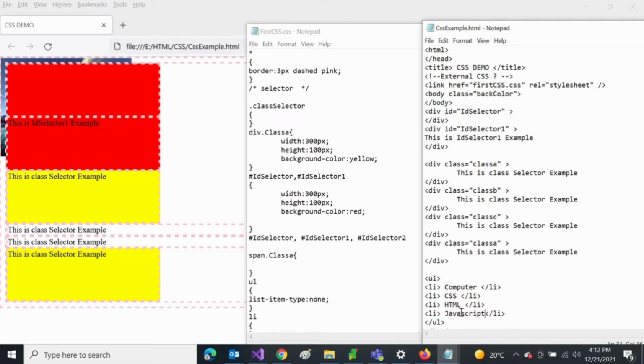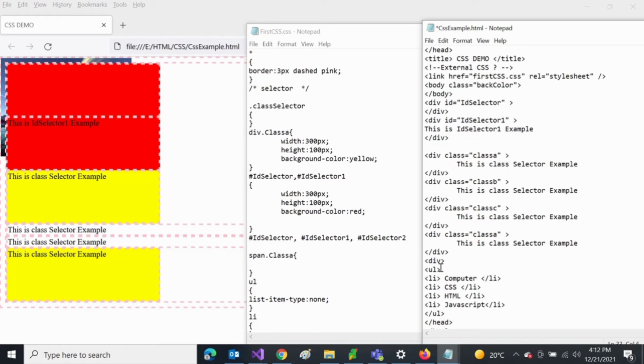Once you have finished writing this list, you can try saving it, or you can put it inside the container also, and save it and see how it looks.